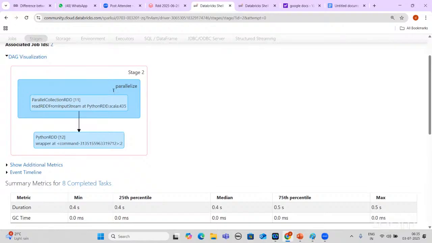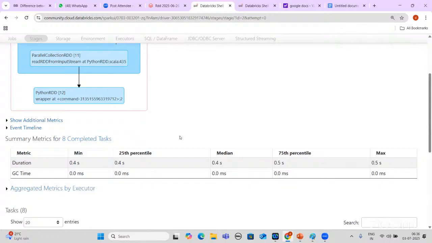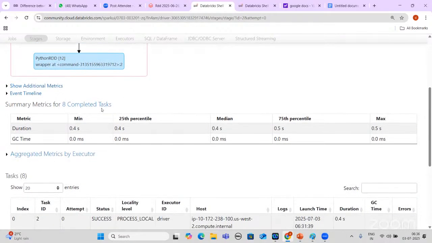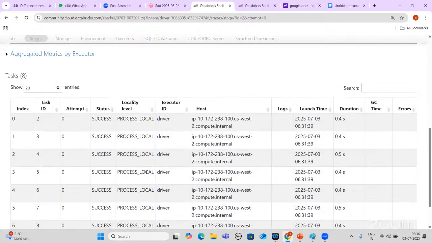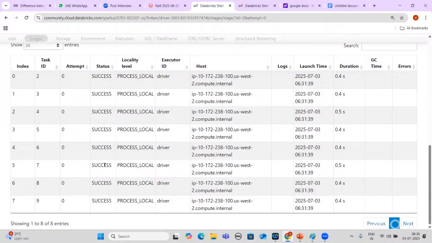This is all parallel. Why is it parallel? We are using a lambda function. The lambda function will read all the input streams in parallel. And in the summary of metrics, how many tasks has it completed? It has completed 8 tasks. Why did it take 8 tasks? Anybody from you? It has taken 8 tasks because of the default 8 partitions. So these are the entries for the work we have done.